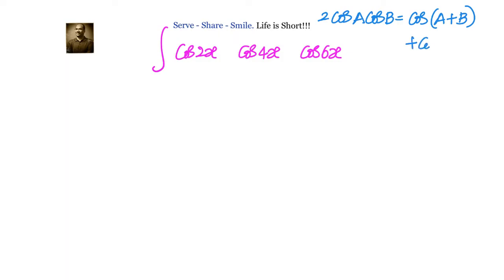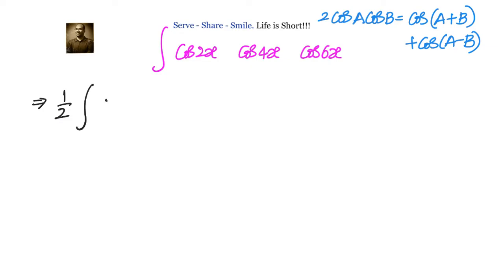So we'll be using the formula 2 cos a cos b equals cos of a plus b plus cos of a minus b. Now you can pick any two of these three trigonometric functions to apply the formula. Before that, we see that in the formula we have 2, but we don't have 2 in the given problem. So we'll be multiplying and dividing with 2. Then we will leverage the formula to change from product to sum.